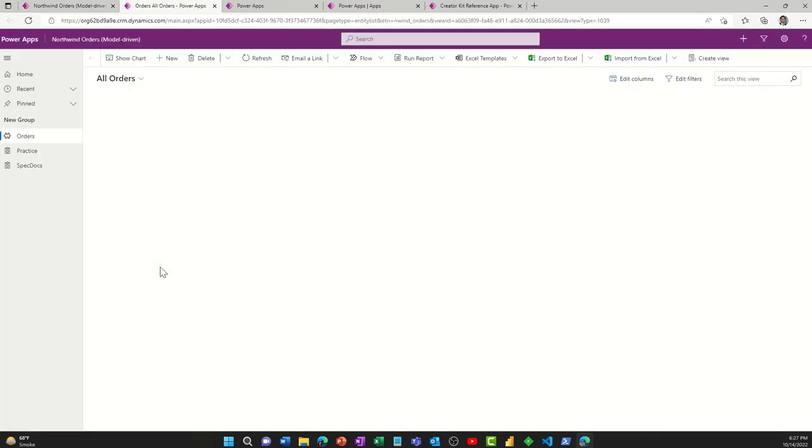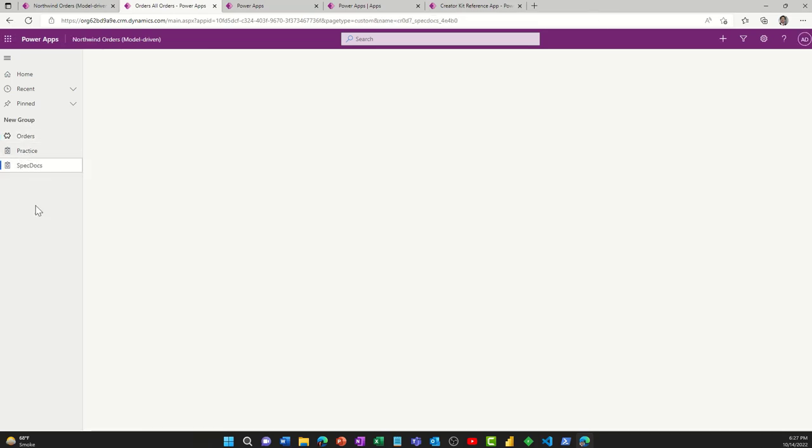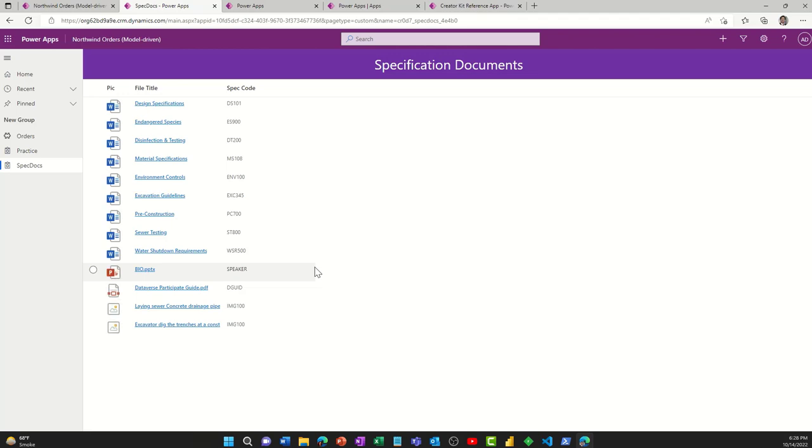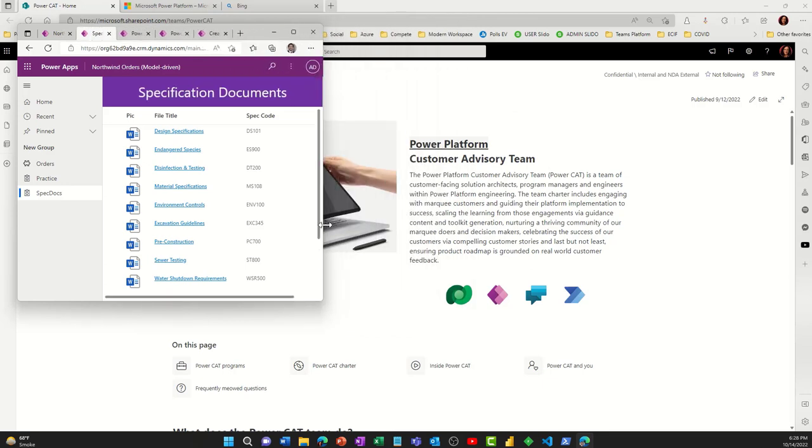I'm going to hit play to kind of test it out. And here's my orders. I don't know what I was practicing here, but let's skip straight to spec docs. And this is the custom page that we just created together using the Creator Kit code component for Fluent Details lists. Try a couple of them and see how they work. This slowness that you're seeing here is not typical, so excuse that. But there is our custom page, and it should work fine. It's responsive and all of that